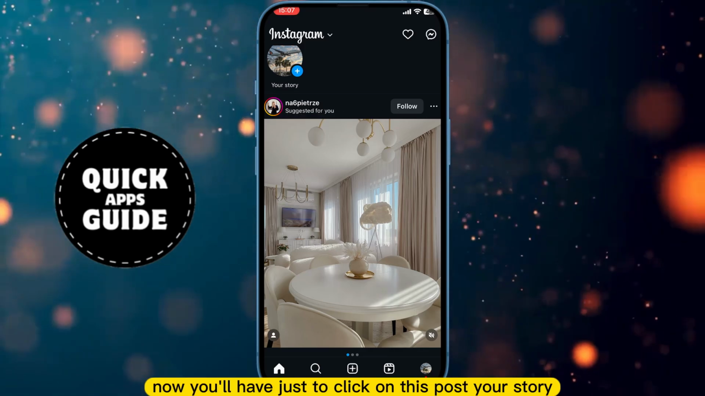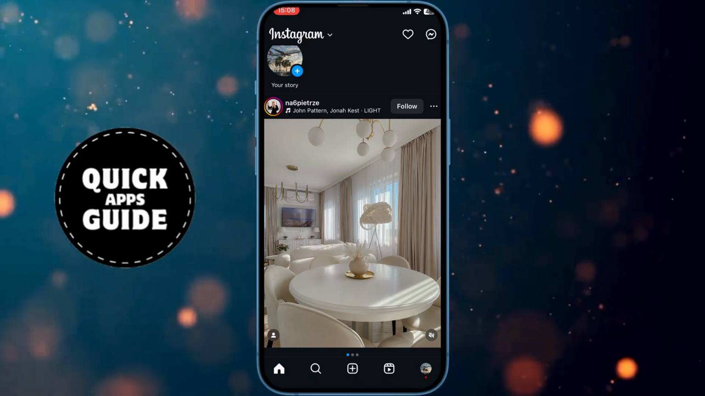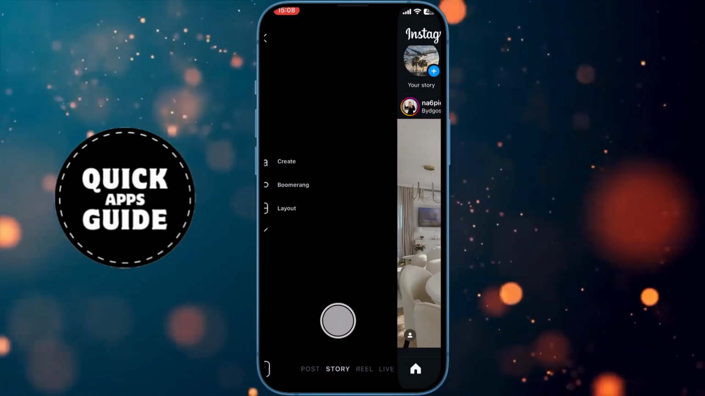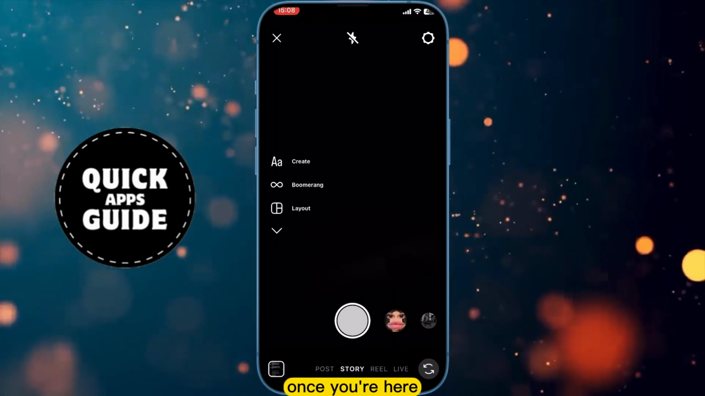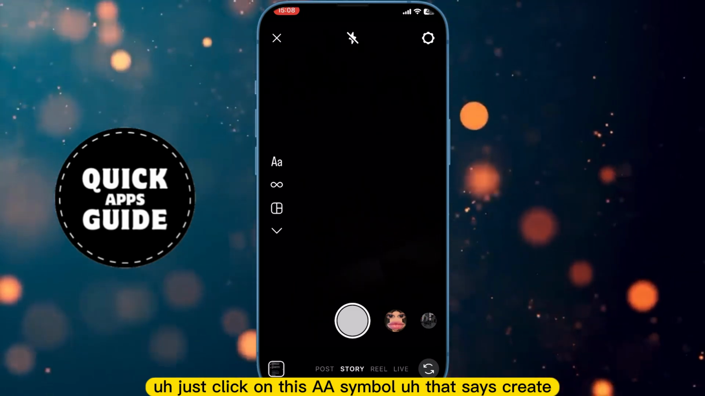Now you will just have to click on this post your story sign. Once you're here, just click on this Aa symbol that says create,